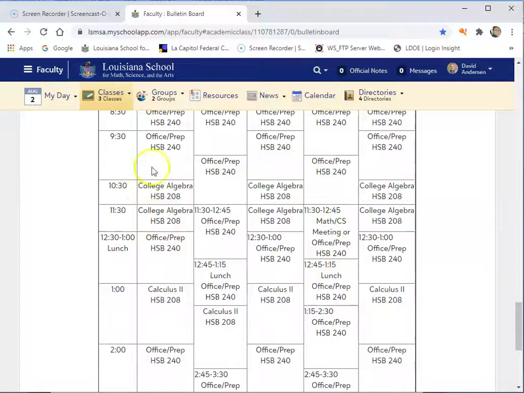After this is a block schedule. This is what would happen if we were at LSMSA. But you're in one of the college algebra classes, the 10:30 or 11:30, which is a Monday, Wednesday, Friday class. That's when we'll have our Zoom meetings, Monday at 10:30 or Monday at 11:30. That is where I will take attendance and make sure you show up. You will watch videos, work the problems, and take the quizzes along this week. And then on Friday, I'll do another report that says you've completed all your work, or maybe you haven't. You need to try your best not to fall behind, and still get enough sleep and eat well.